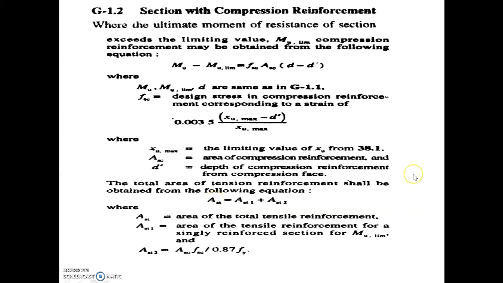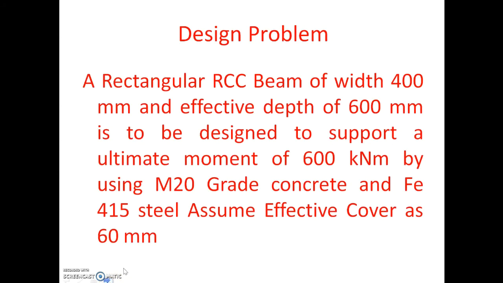Let us see an example of how to design a doubly reinforced beam section. This is the example we are going to solve in this session. A rectangular RCC beam of width 400 mm, effective depth 600, is to be designed to support an ultimate moment of 600 kN meter by using M20 grade concrete and Fe415 steel, and let us assume the effective cover as